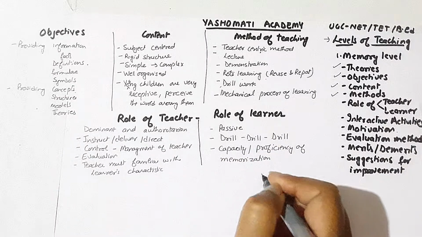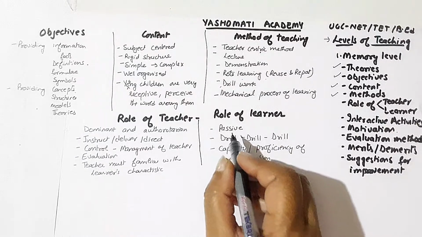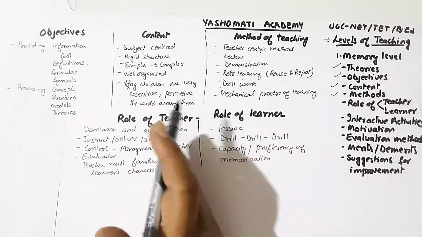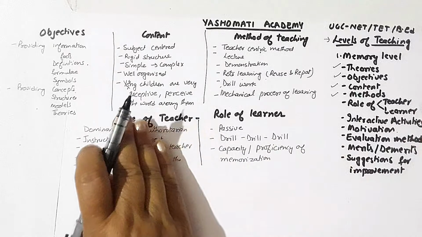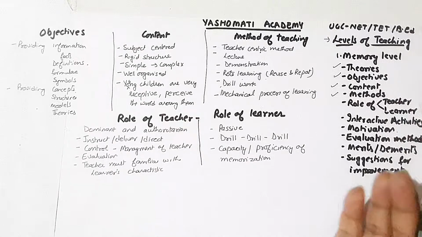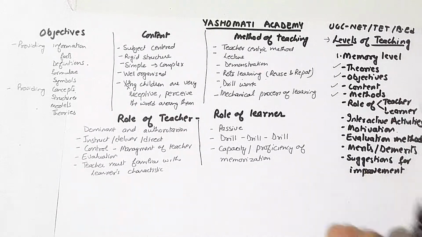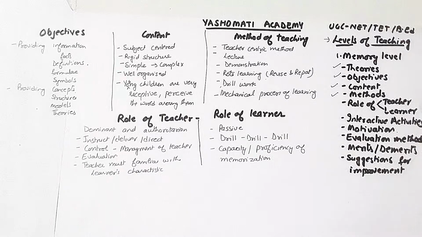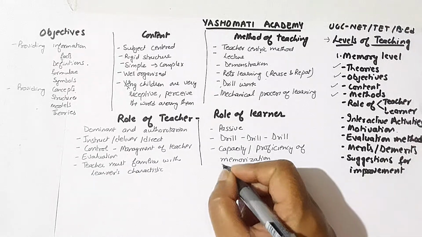So what the learner has to do? He remains passive. That means he is not contributing to all this what the teacher is doing. So his role is quite separate from the teacher. It is a very authoritarian way where the learner is at the receiving end. He has to receive the information, and after receiving the information he has to practice and for that he has to do that work mechanically again and again with one objective in the mind.